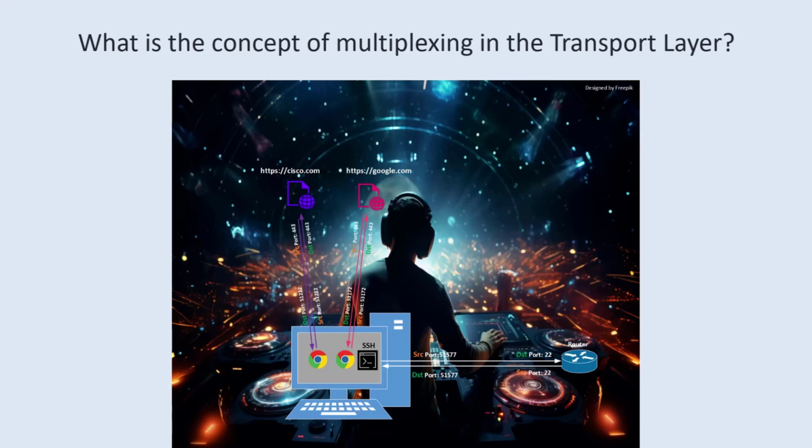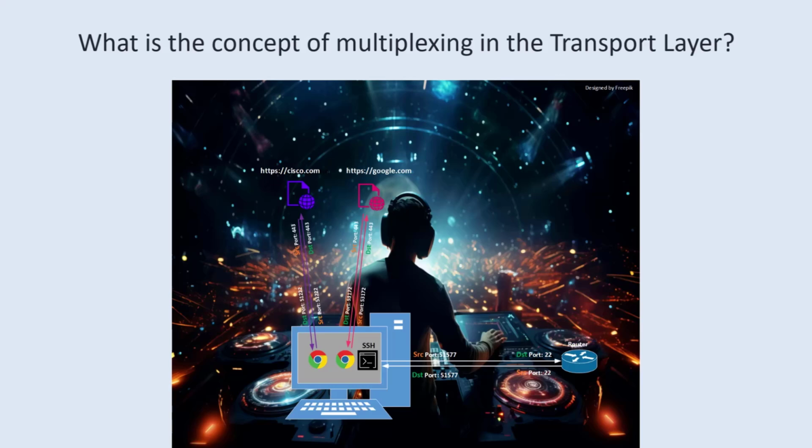Alright, picture this. Multiplexing at the transport layer is basically like having a DJ at a party. You've got different music tracks, right? Think of those as data streams coming from various artists, which are actually different applications. Now, the magic happens when our DJ combines all these tracks into one awesome playlist. That's your network connection right there. And here's the cool part. Our DJ uses unique track numbers, or what we call port numbers, to seamlessly mix and deliver each song to